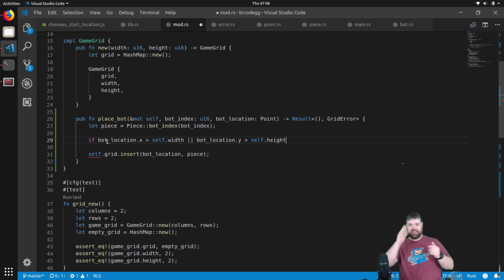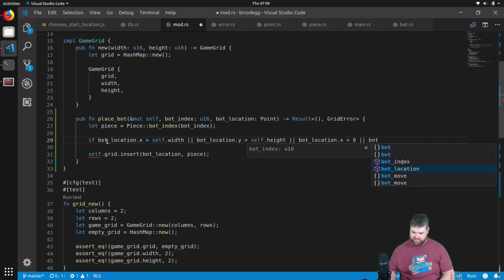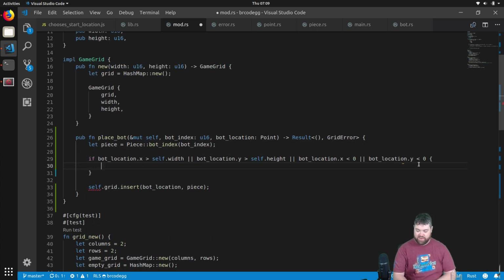I still need the top and the left. So or bot location, or sorry, bot location dot x is less than 0, or bot location dot y is less than 0. Okay, so if any of these are true,